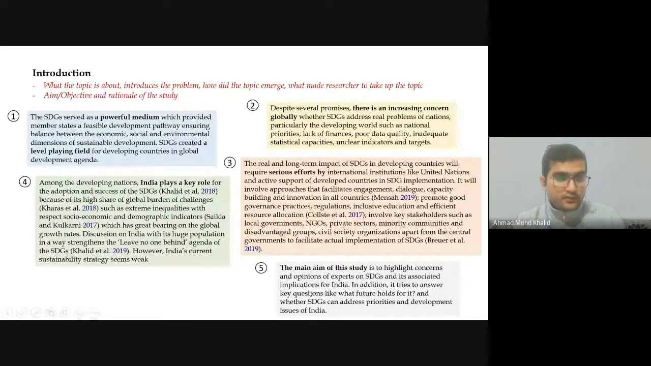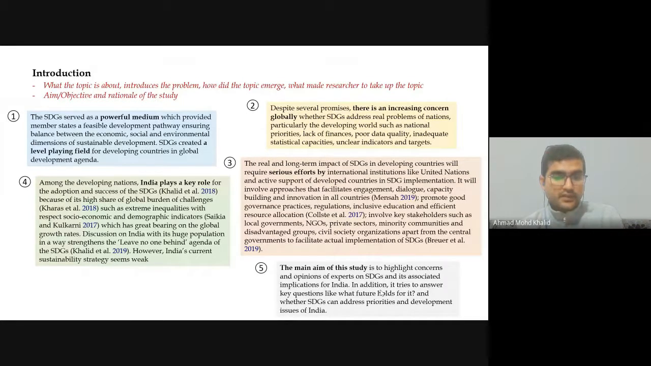Then lastly, he also talks about the main aim of the study. So your introduction section should also highlight what is the main intent. So then the author writes that the main aim of this study is to highlight concerns and opinion of experts on SDGs and its associated implications. In addition, it tries to answer key questions like what future holds for it, whether SDGs can address priorities and